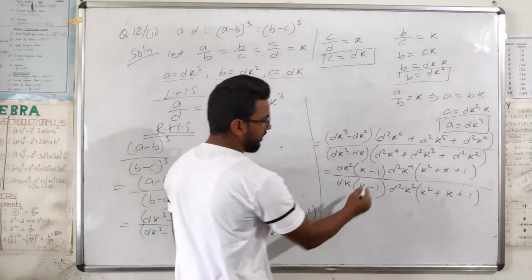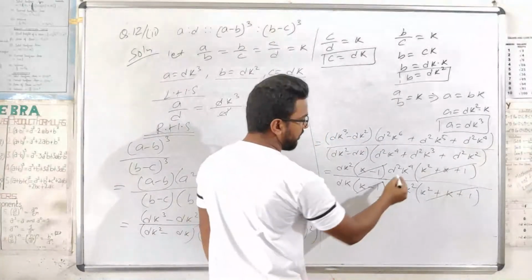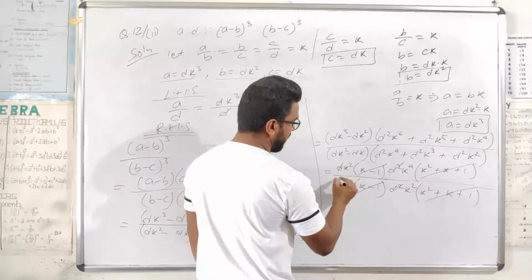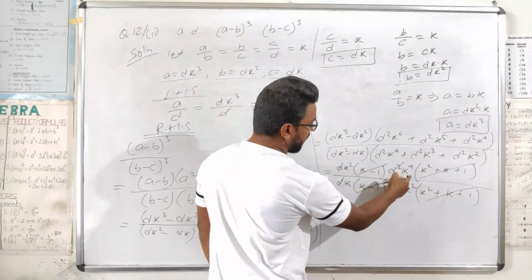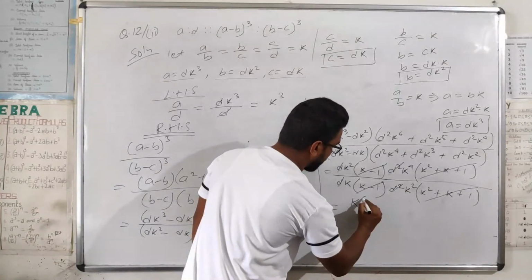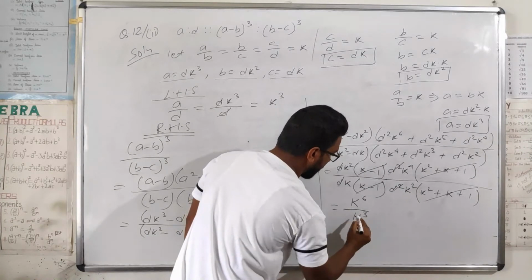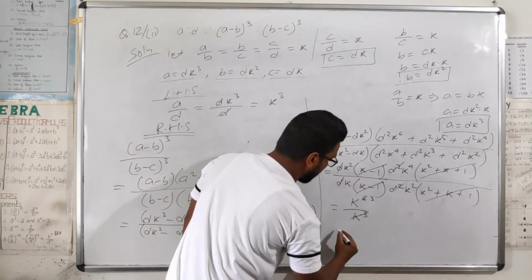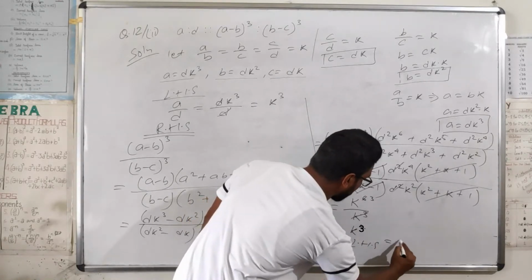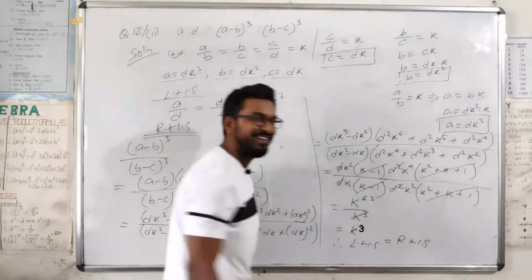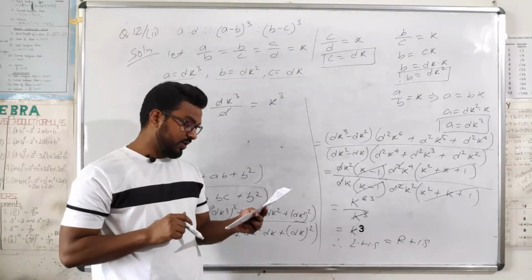Okay, now you see this term and this term we can cancel, this term and this term we can cancel, this d square cancel, d d cancel. Now what will remain? K square and k to the power 4. So it will become k to the power 6, and k into k square it will become k to the power 3. So if you cancel, how many will remain? k to the power 3 will remain. So k square. Therefore left hand side is equal to right hand side. This is quite lengthy but very interesting, right? We'll move to the next question.